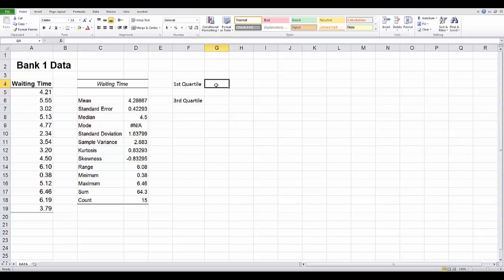Okay, Excel has formulas for calculating the quartiles, and the one that we will be using will be the QUARTILE.EXC, EXC, like executed, but it really means excluding. So the EXC would be more accurate. It gives us a better estimate of the actual population.